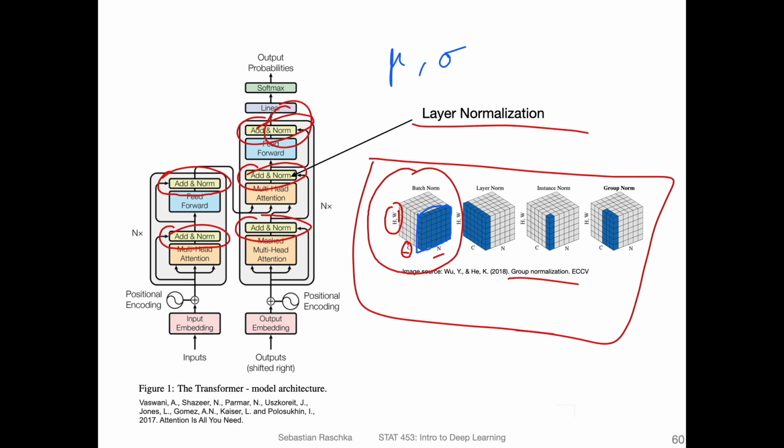In layer normalization, we are getting it across the layer or channel dimension. So when you think of the multi-head attention, we would do it across these attention heads essentially. Like I mentioned before, we have multiple attention heads, I think it's 8 in the original paper. So we would be normalizing across the 8 attention heads, computing the mean and sigma, and then the whole process is essentially similar to batch normalization.